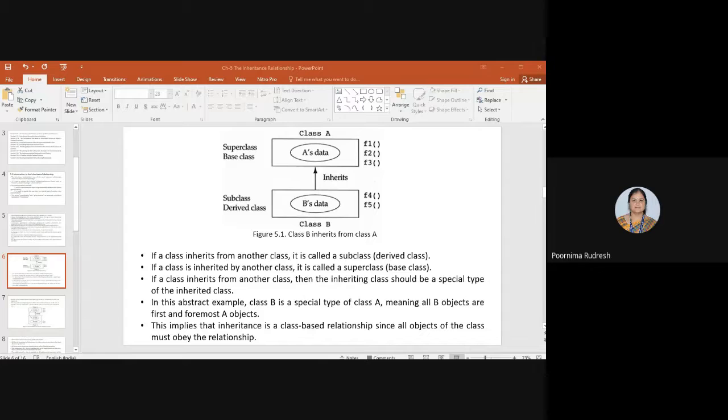Class B, the subclass, has a superset of class A's data. So even though it gets the copy, the methods of the derived class can see the data of their base class.